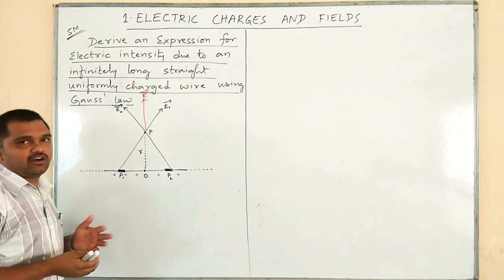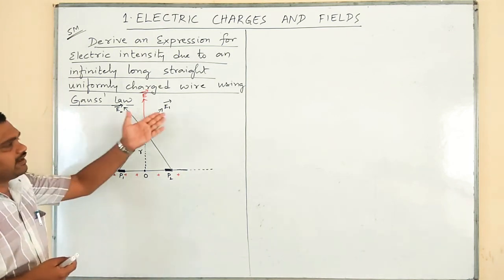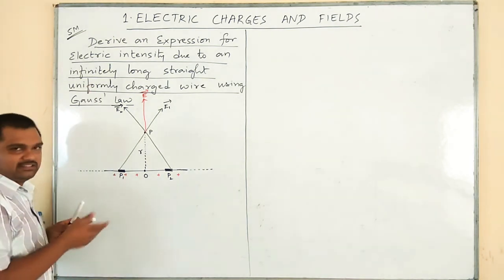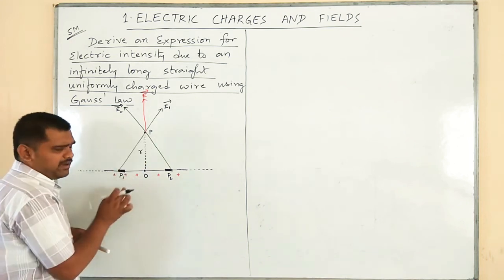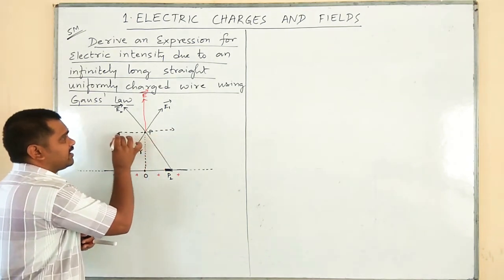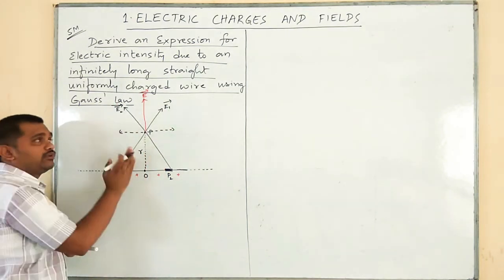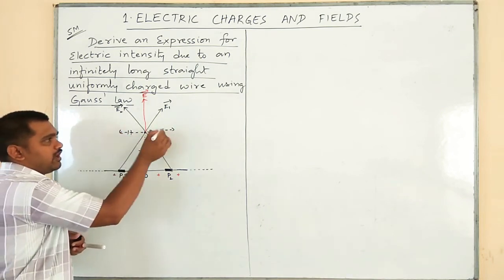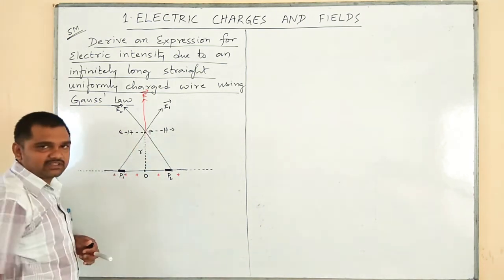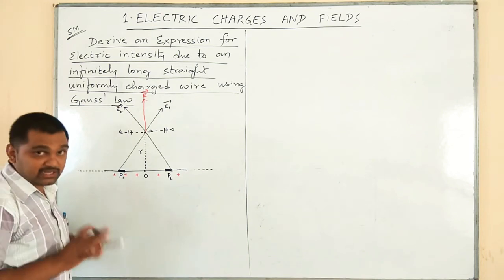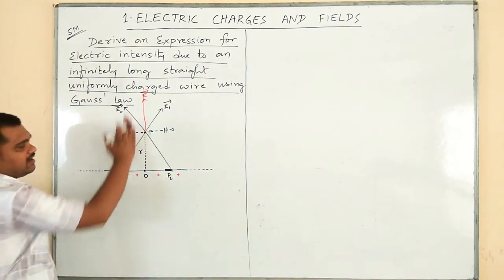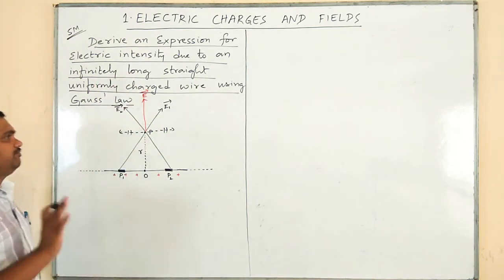Otherwise, by knowing the exact value of theta, we can resolve this E1 into E1 sin theta and E1 cos theta, but it is not required in this case because it is a perpendicular bisector. Both the angles theta will be the same. If we split this E1 into horizontal and vertical components, and similarly E2 into vertical and horizontal components, these two components will have the same magnitude but opposite direction. Therefore, they will cancel each other. No need to take the concept of theta over here. Okay, fine. So, the resultant of E1 and E2 will be E, and it is outwards from point P. Okay, fine.